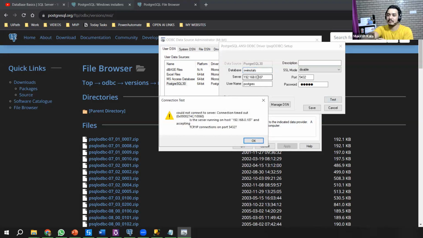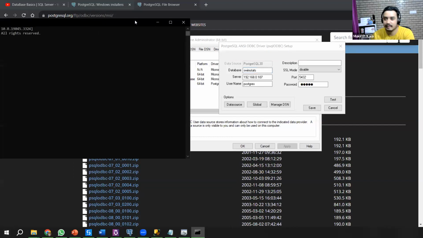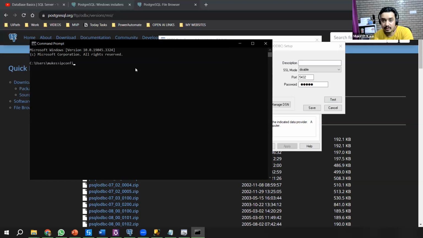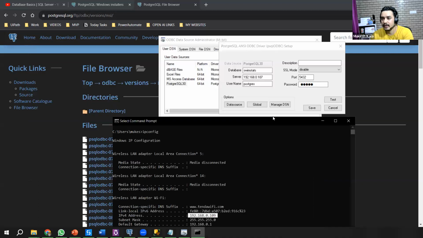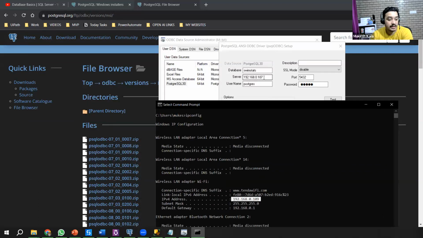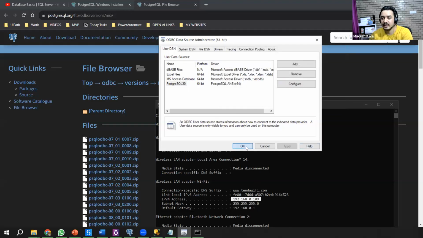Now you can see it's saying that I'm not able to connect to this server. Why? It says that there is no port running on it, right? So I can just go to the command prompt, right? I just changed my connection, right? For this call, I might have changed the Wi-Fi connection and all. So I'll go to this, which is a CMD, and I can see that I am on 192.168.0.109, whereas here I am connecting to 107. That's why it says you are on 109 and here you are using 107. How would I connect, right? So I just make it 109. I'll save this and then I'll reopen it and it should work.